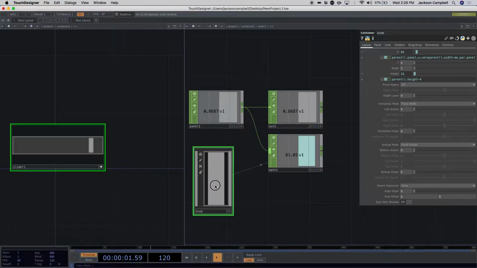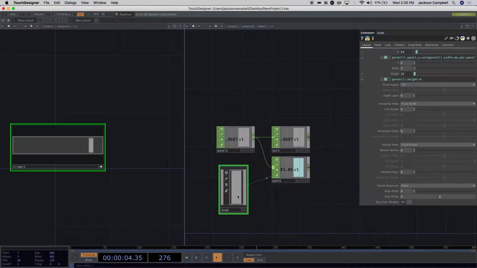But what we need to do is actually have the x position of the knob point to this math object now, instead of pointing to the panel value times the width. And so you can just change this to, where is that? Nope, I'll have to figure it out. Okay, so I can change that to math1 instead. So I want to change this x parameter here to